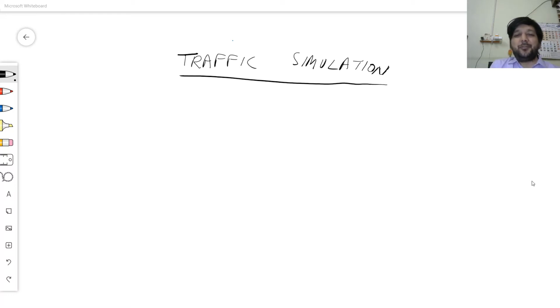The attempt will be to first look at it in a macroscopic sense rather than in a microscopic sense, for which we've done a lot of use cases. We've discussed a lot of things. So this will be the only example where I look at the macroscopic point of view of simulation. All the traffic vehicles will be just entities in a distribution, and I'll see how the distribution behaves and how it is expected to behave as different things happen.